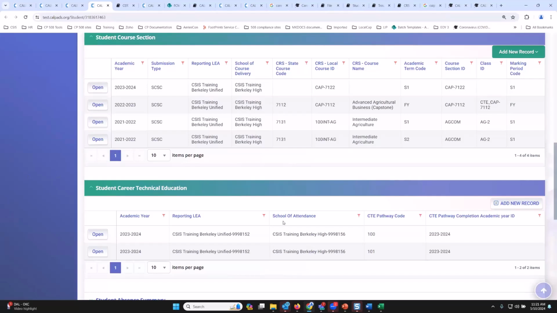Now, if let's say you submitted an SCTE, however, the student really didn't complete anything, then you shouldn't be reporting an SCTE record in CalPADS.